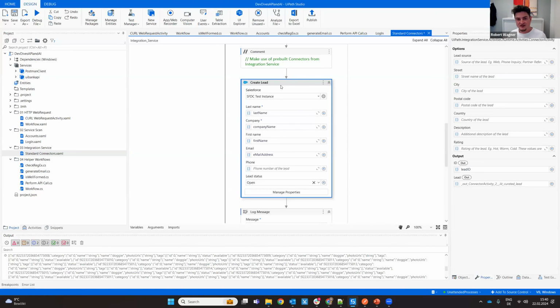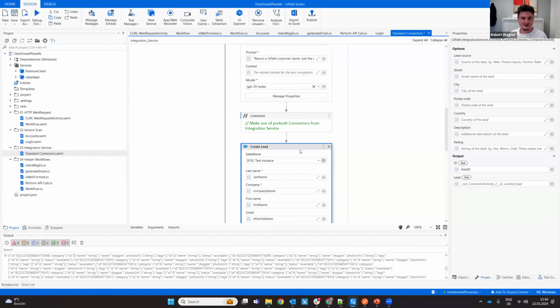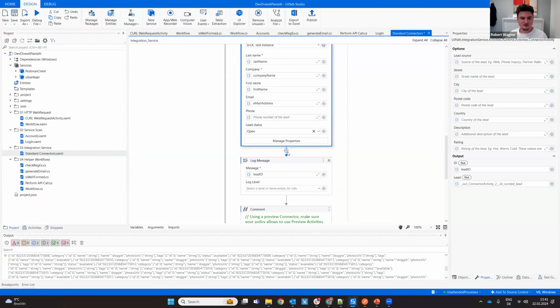So if you have never done API automation, you just go there, search for Salesforce, create lead, and then you get a user interface. You don't need to understand how the API works under the surface, right? You fill in a last name, company name, first name. This is what I generated here with EI, or I used some testing activities, and then I print out the